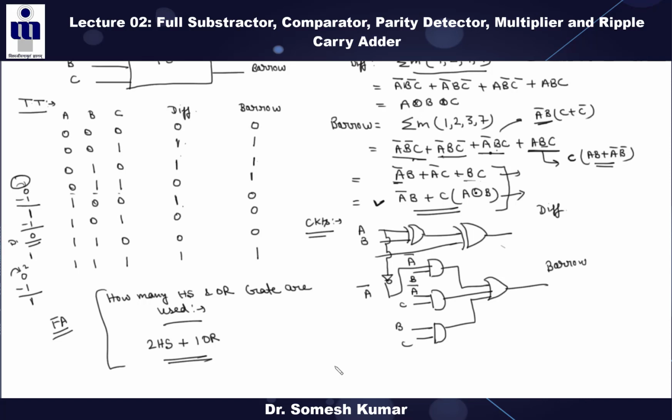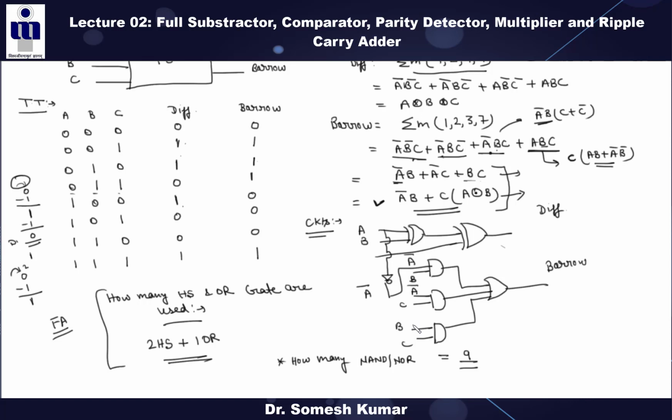Similar to the full adder, how many NAND and NOR gates are required to implement it? Nine. So similar to the full adder, 9 NAND and NOR gates are required to implement the full subtractor. Right. Now you are familiar with the full adder and full subtractor, so you can easily design this circuit using NAND and NOR gates. Also you can design this full subtractor using the half subtractor and the OR gate. Clear? So this is all about the full subtractor, right?